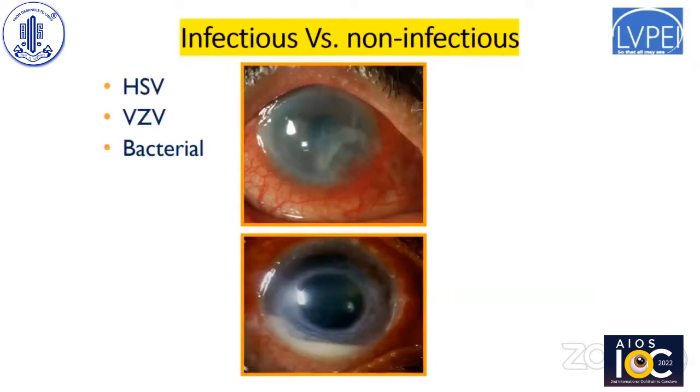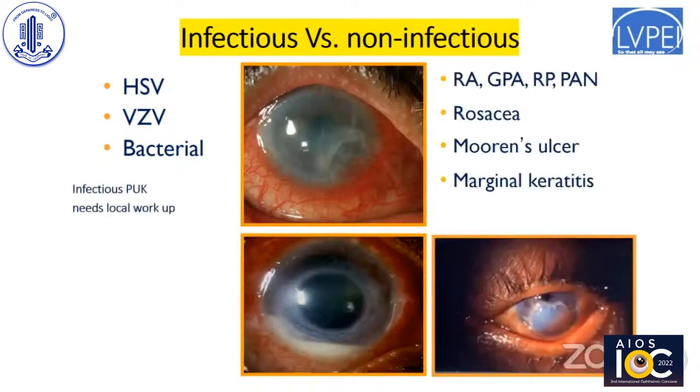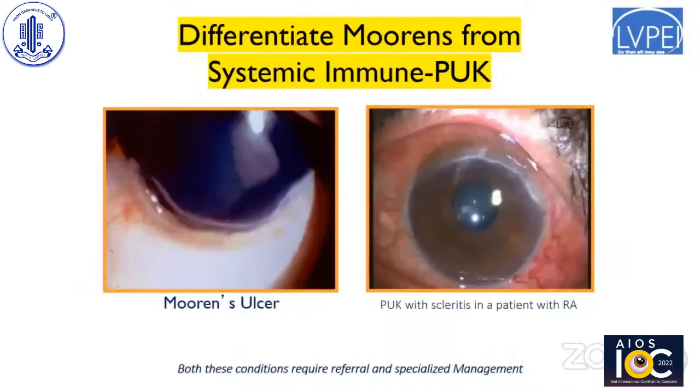Remember that among the infectious causes, you can have viral etiology, HSV and varicella zoster virus, bacteria, as well as fungi and acanthamoeba. So we need to do an infectious workup for these patients. The second differentiation we need to make, especially in the case of Mooren's ulcer, is from other causes of PUK with scleritis. Here's a patient on the right side with